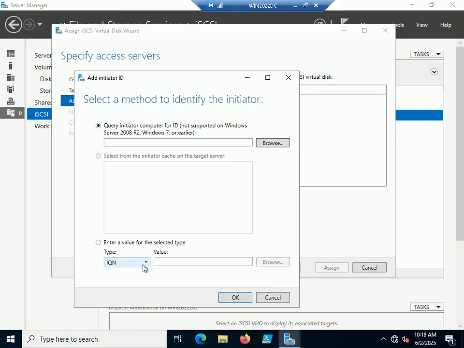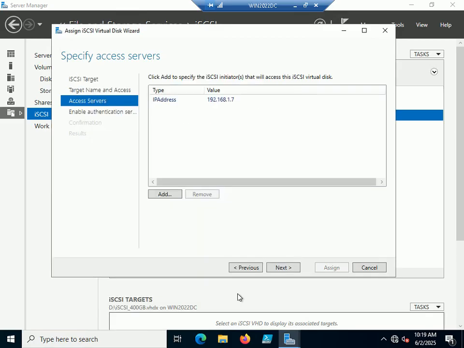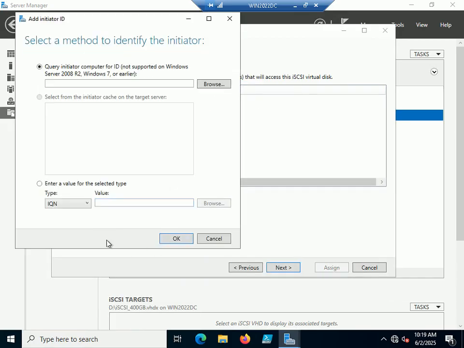and type. I need to change the type as IP address and value will be 192.168.1.7 and I will say OK, and one more time IP address 192.168.1.16. Okay,